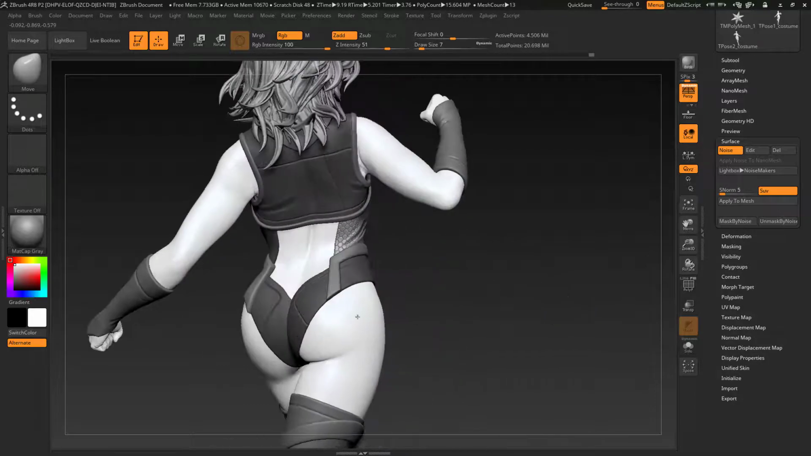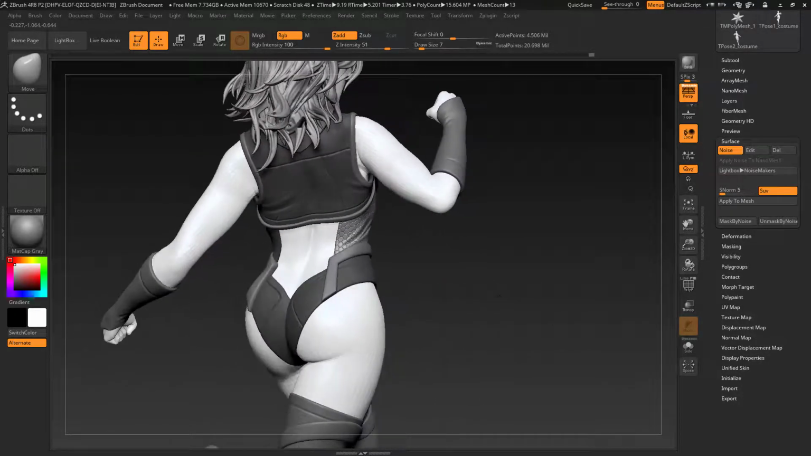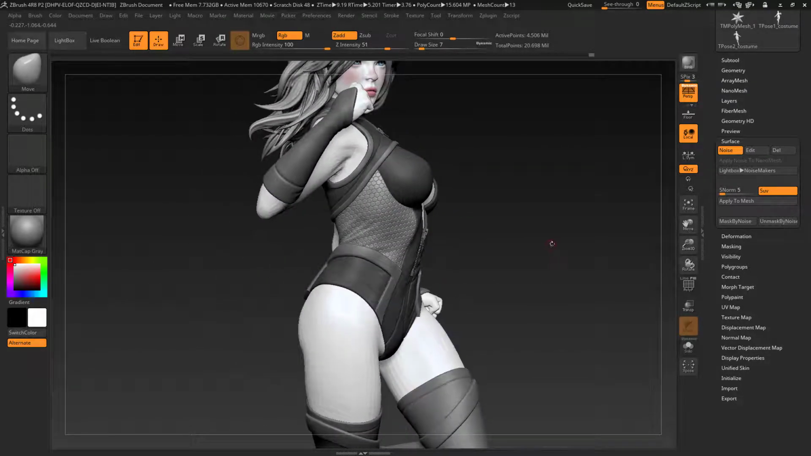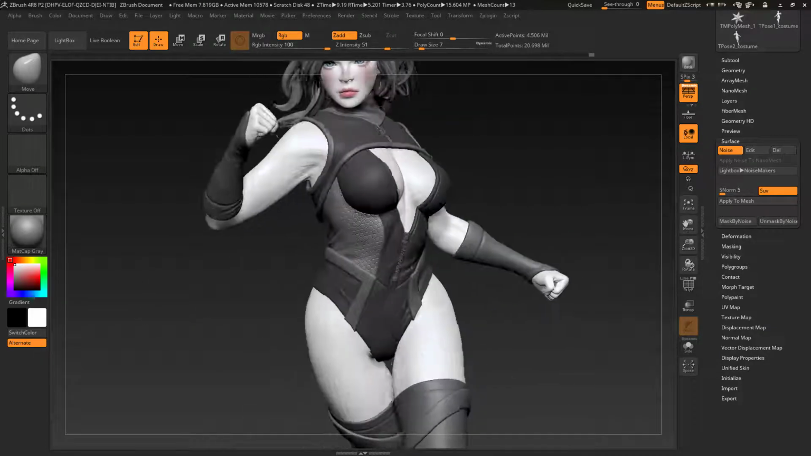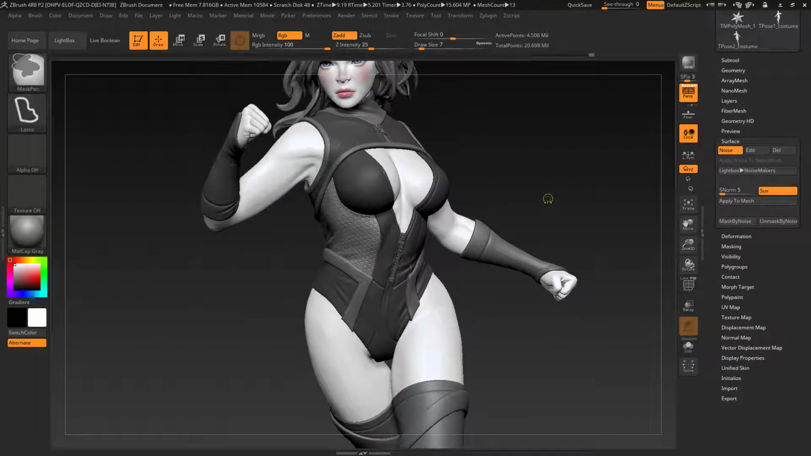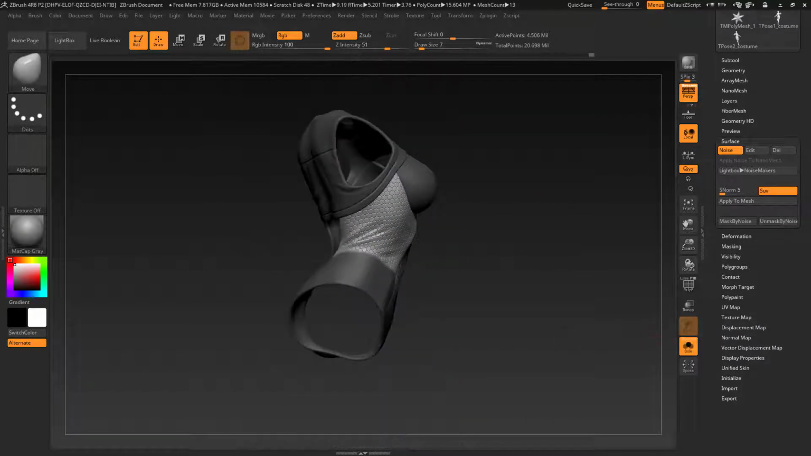So the part on the top, I think it looks better. Let's see. Yeah, I prefer it. I prefer it with just the top panel with that. So that's what I'm gonna do,